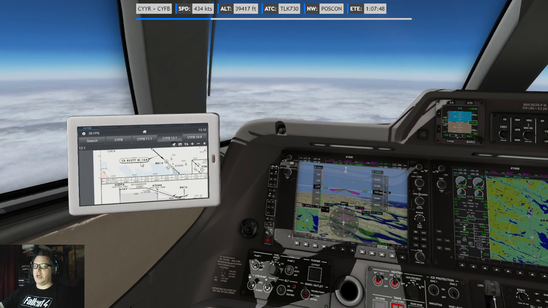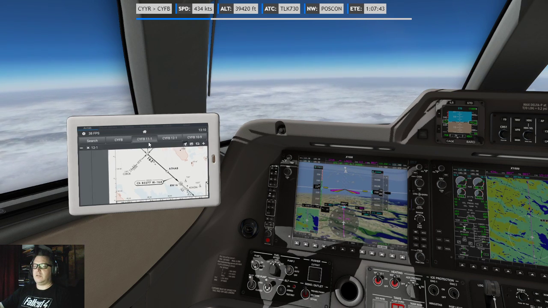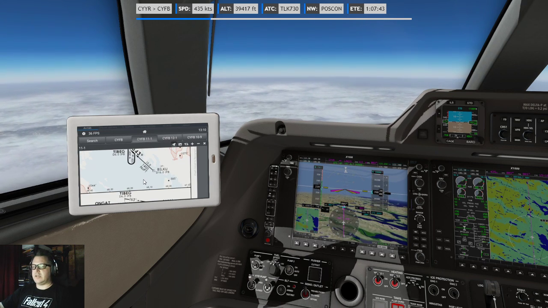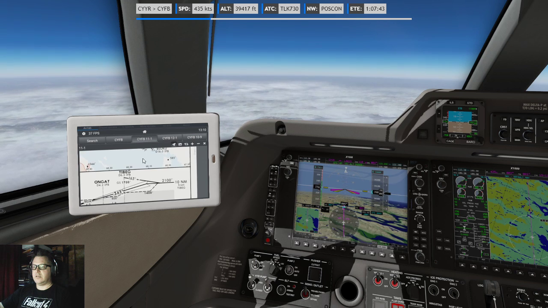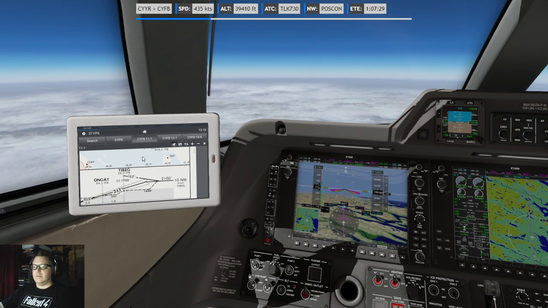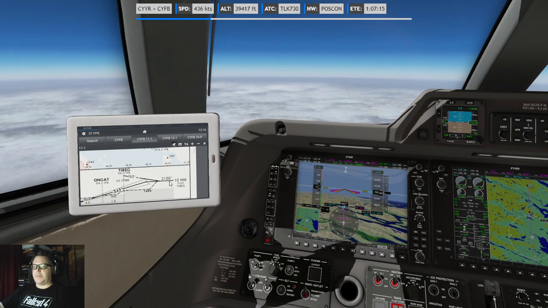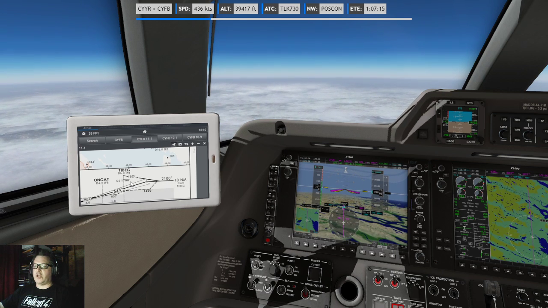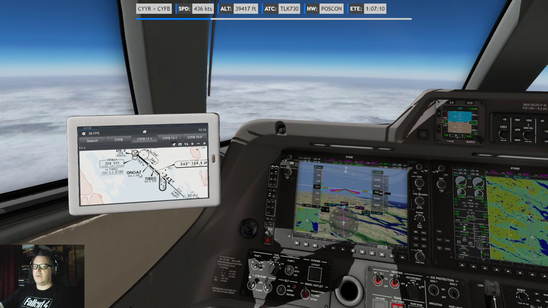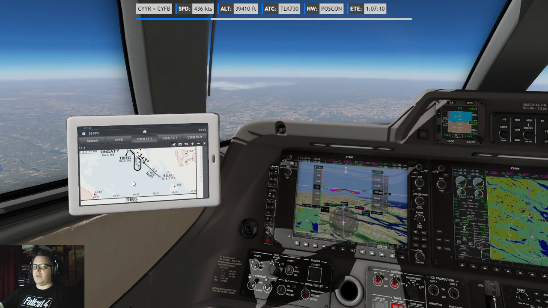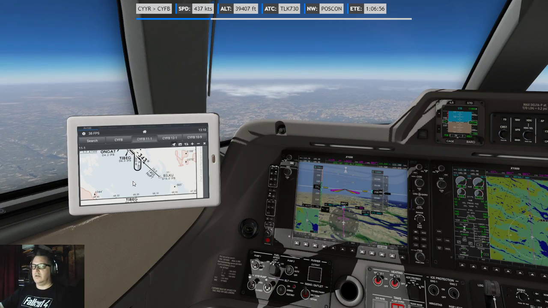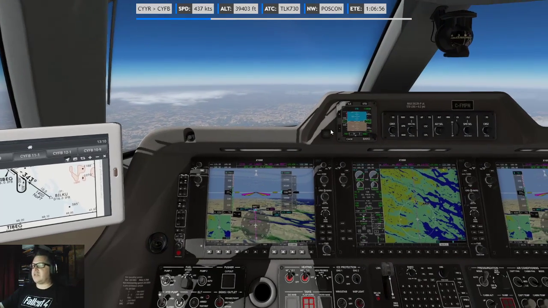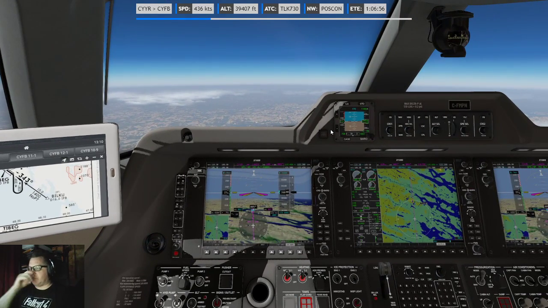That's on the RNAV. On the ILS, I need to be at 2,100 from Tibeg. Oh, so it's very different. Oh, hello. Active Sky just changed its mind.